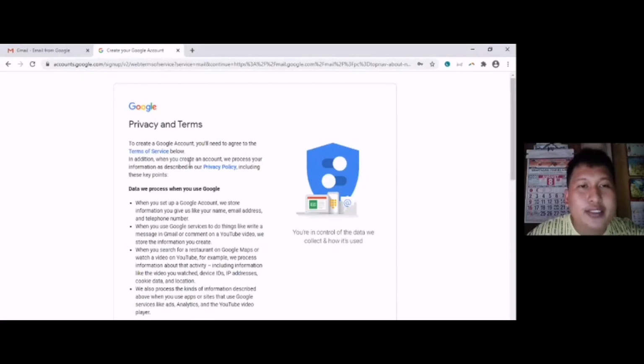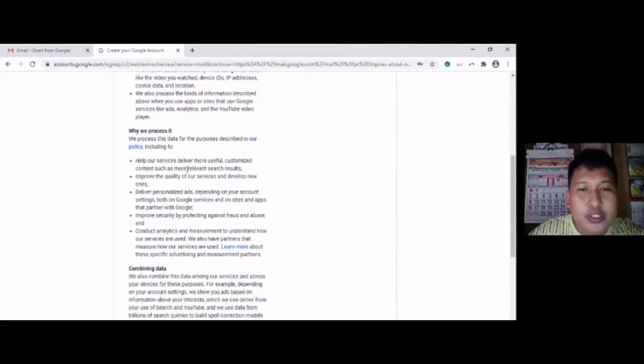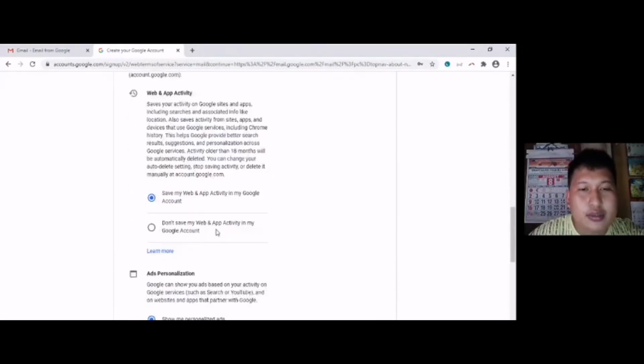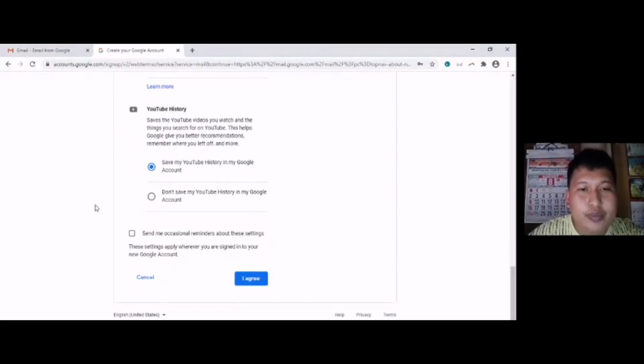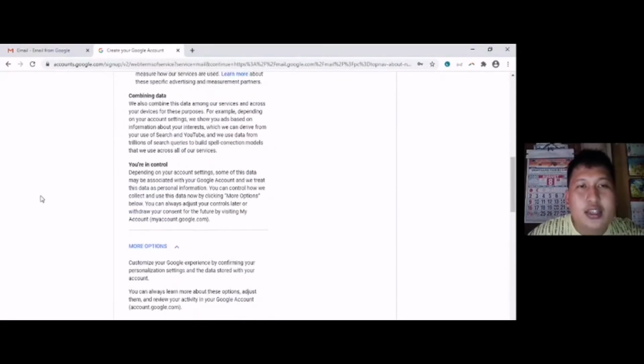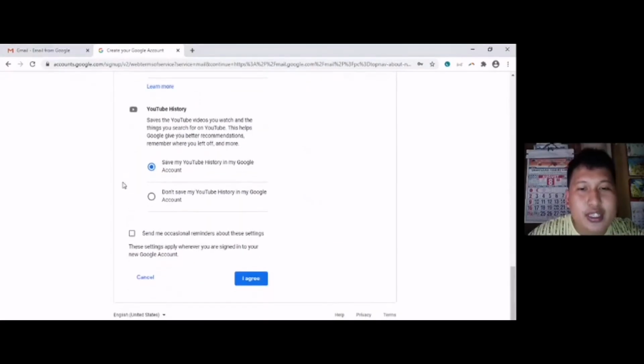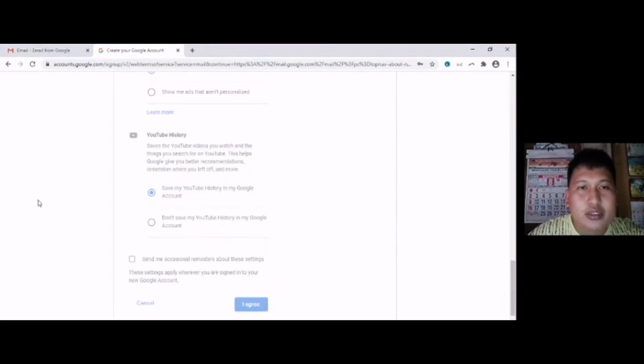Now, here is the privacy and terms. Make sure that you have read the privacy and terms of Google before proceeding to the next part. If you are done reading, click I agree button.